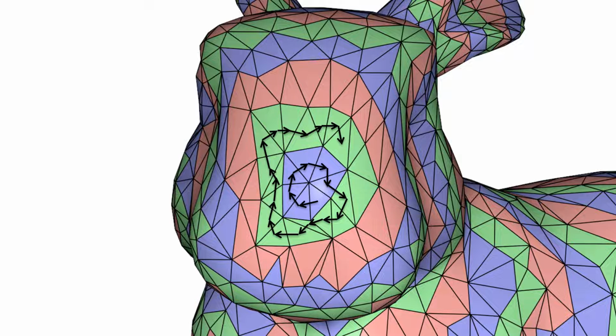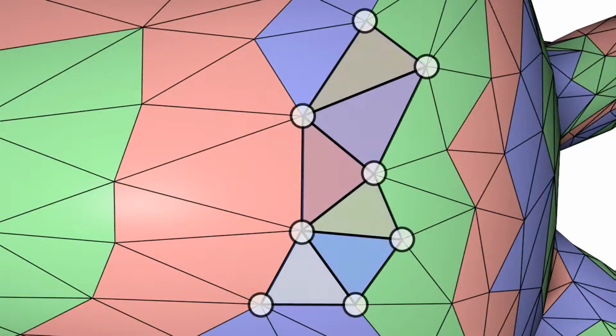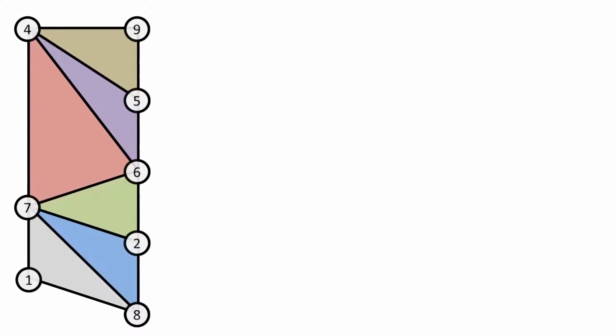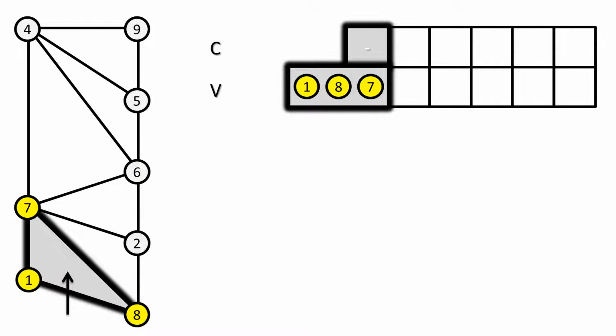And then we continue adding triangles from successive belts up until all triangles of the mesh are part of a generalized triangle strip. We store generalized triangle strips on the GPU using two arrays. In one array, called C, we store a 1-bit code for each triangle, and in the second array, V, we store one vertex for each triangle, except for the first one, where we store all three vertices of that triangle